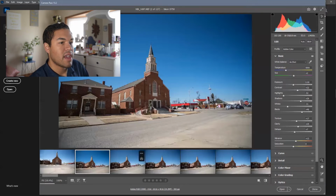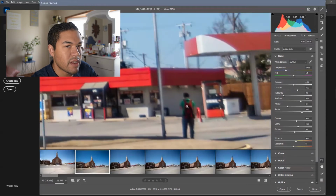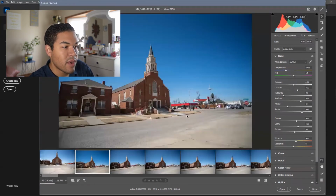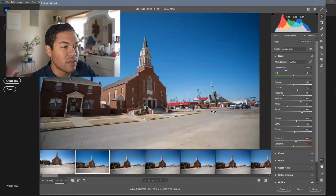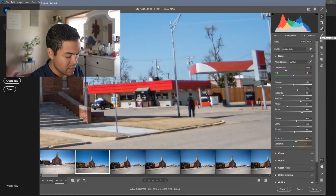So now I am kind of happy with this. It is a little dark around the edges, and I don't know if I want to try to change that around too much. But another thing too is, you notice there's people that will pop up inside your photos and everything like that. That is totally okay. What you can do is, if you want to take them out, and that's another reason to shoot photo rather than video, and I don't know if it's how I was going to do it here, especially with the busy background,